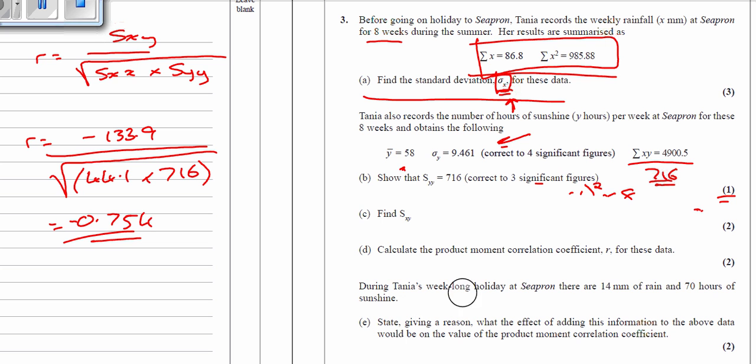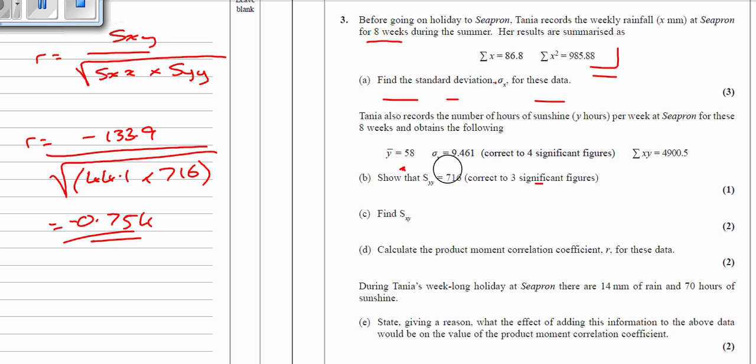So now, during Tanya's week-long holiday in Seapon, there are 14 millimeters of rain and 70 hours of sunshine. So, state, giving a reason, what the effect of adding this information to the above data would be on the value of the PMCC. It's only worth 2 marks, so we don't need to do any calculations for this question. But we know that 14 millimeters of rain,